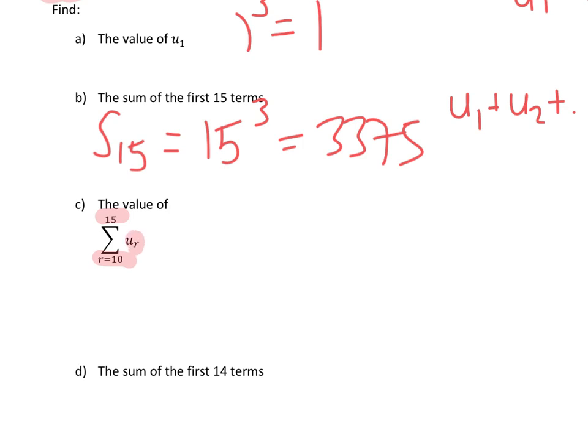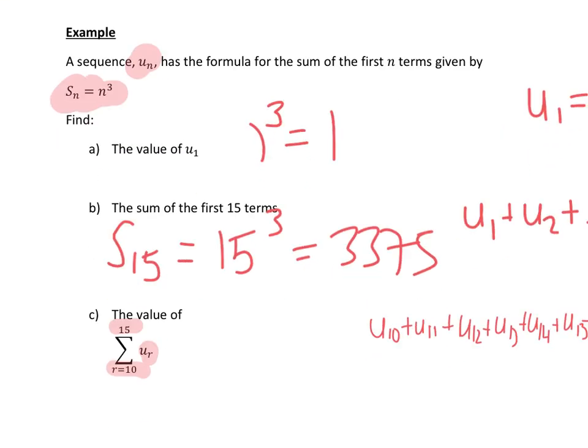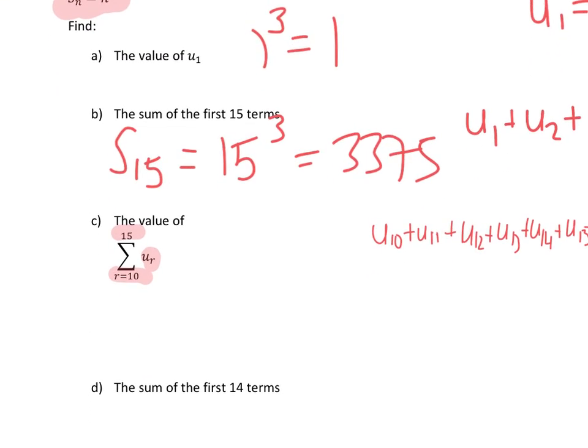Okay, part C is saying find the value of the sum from 10 to 15 of my sequence. So it's asking for U10, add U11, add U12, add U13, add U14, add U15. It's asking me for what's the value of that. Now, unfortunately, the only formula I've got, Sn, has to start with number 1. So if I add all these terms in, starting from 1, so U1, add U2, add U3, add U4, add U5,